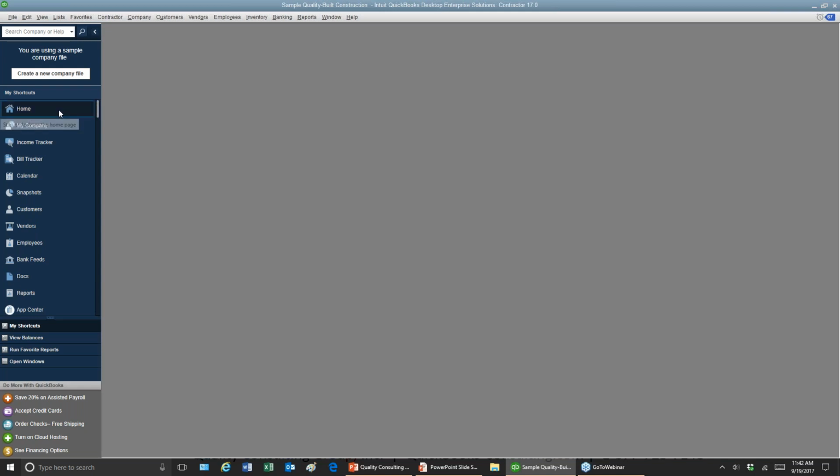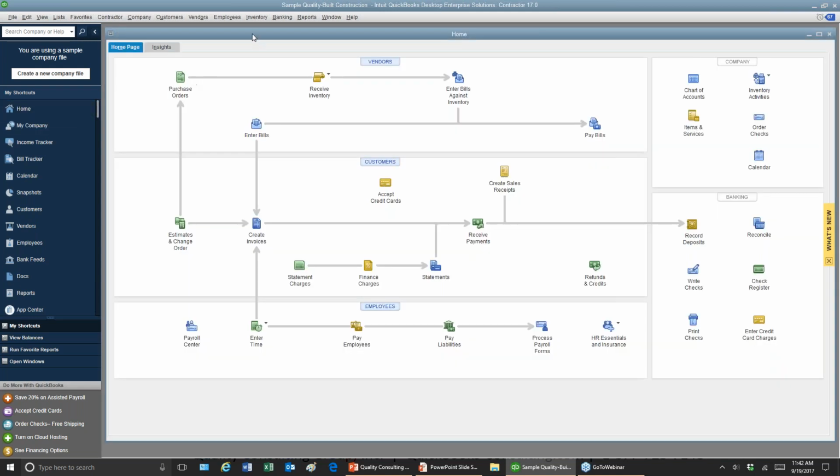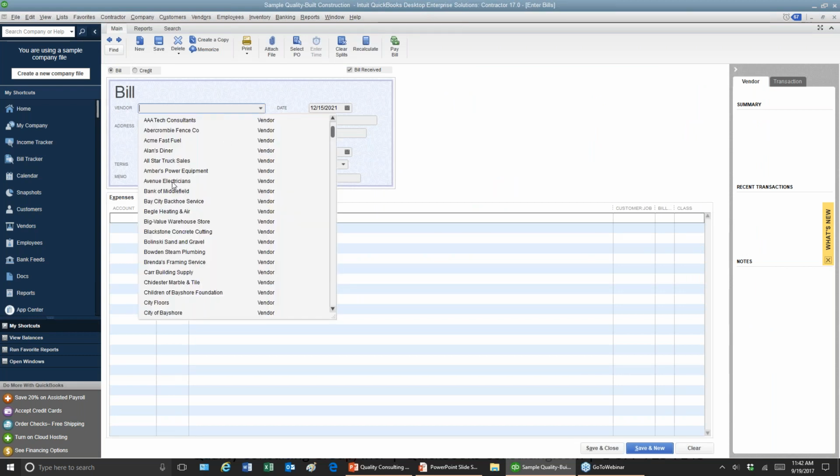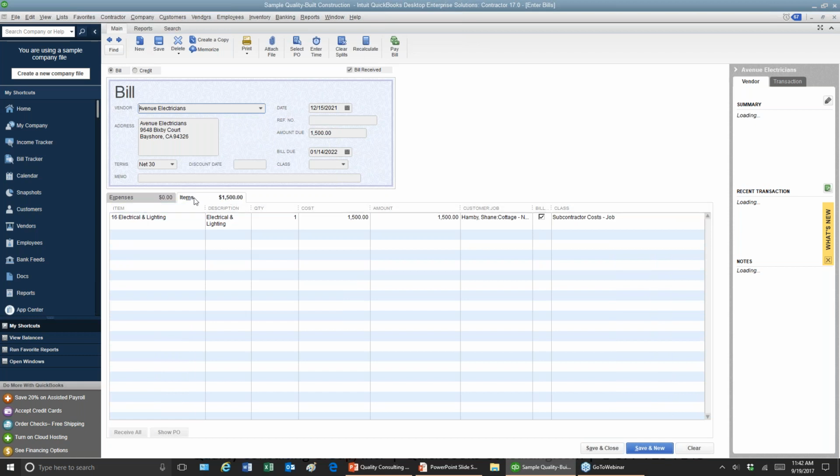Now, the secondary part of that is to enter the bills or checks or credit cards for anything that's a site work. Let's just say that this was an electrician. It actually popped up, being in the sample file, it popped up on the items tab, but that's the most important thing, is that when you put the expenses in, anything that you code to a customer should always be on the items tab. That's kind of like the rule of thumb of job costing, is that if you're expensing it to a customer, it must be an item, and your items must be set up correctly.